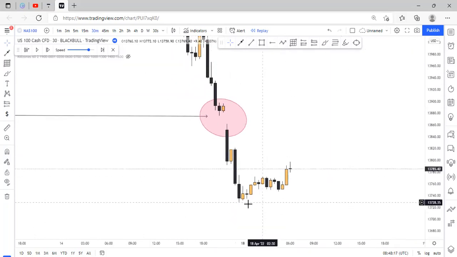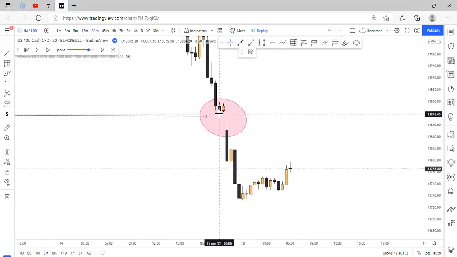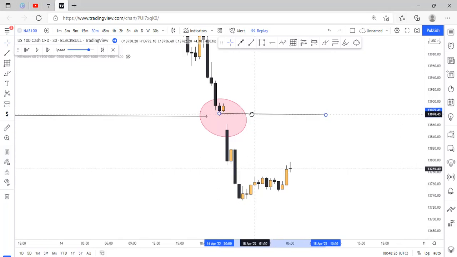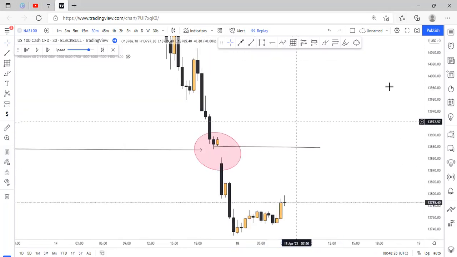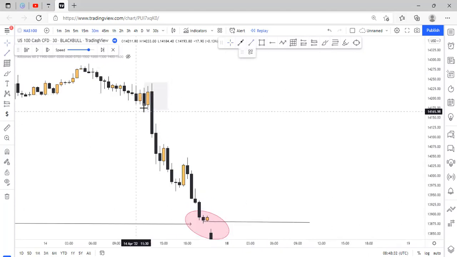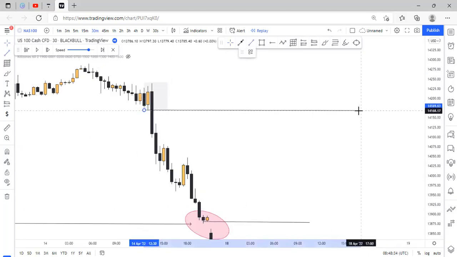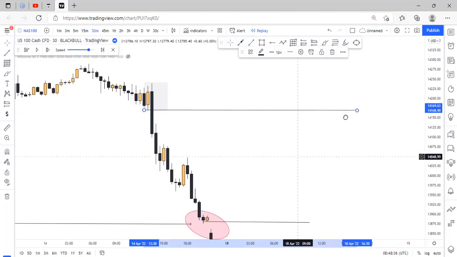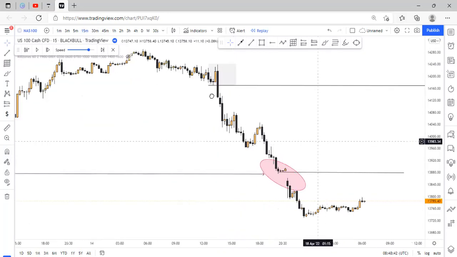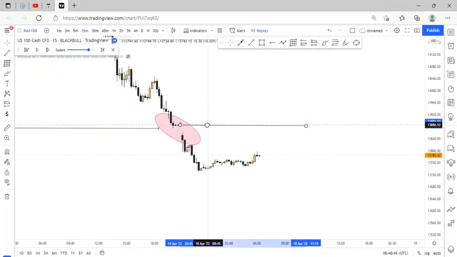So on Monday I was looking to take this intraday trade to this level right here, at this point right here, and for the swing trade I was looking to swing trade this to this level as well. So let's move down to the 15 minutes time frame now. So on the 15 minutes time frame